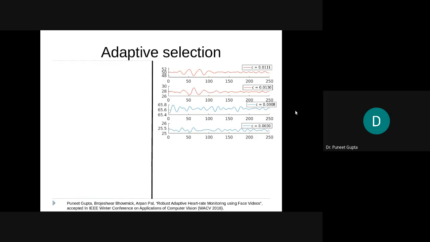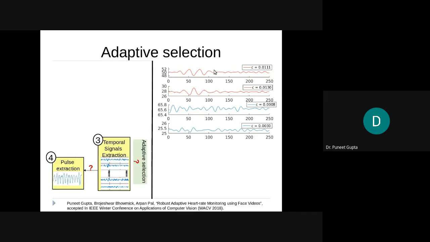Okay, so again, look closely. These signals in blue, their range is quite small. The change of range is quite small. However, in this case, our range is quite high, and this is high just for a very small duration. So maybe there is some person who is laughing or some deformation has happened, due to which there is large deformation. So these red signals might indicate that there are some problems, these facial deformations. You want to capture this. So this is what we want: adaptive selection, selecting a few of these temporal signals and neglecting a few of them.